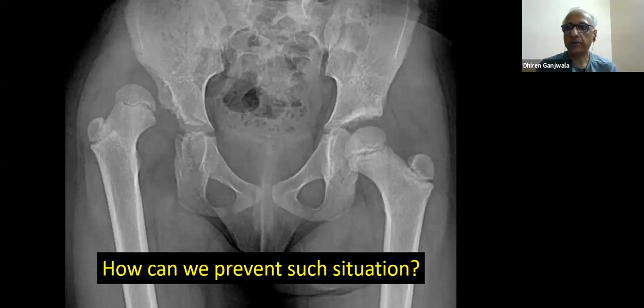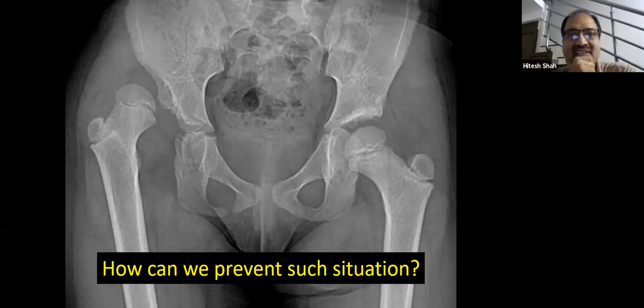Any other question? Exam is the DDH case, and Dhiren Bhai has already summarized 1 year, 2 years, 3 years, 4 years, 5 years. So if you get any case scenario from 1 year to 8 years, it's very clear. Less than 1.5 years, you can say closed reduction, but more than 1.5 years, always say open reduction. Depending on the age, you can add femoral osteotomy, shortening, or acetabuloplasty.